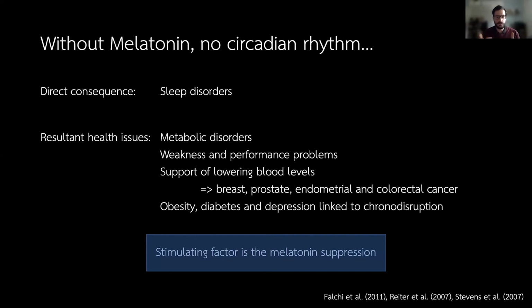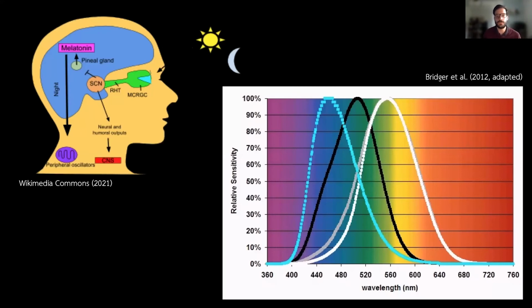And why, in fact, is this melatonin suppression now so concentrated here in this talk of light pollution? Because, and this is what I want to show here, like discussed before, our body reacts to light. Our human detectors, our human eye and the brain, react to the light which is coming. And here, in fact, you can again see the photopic and the scotopic vision, the day vision of the human eye, which is here in the white line. In the black line, you can see the night vision, the high night sensibility of the human eye. And now focus on this blue line.